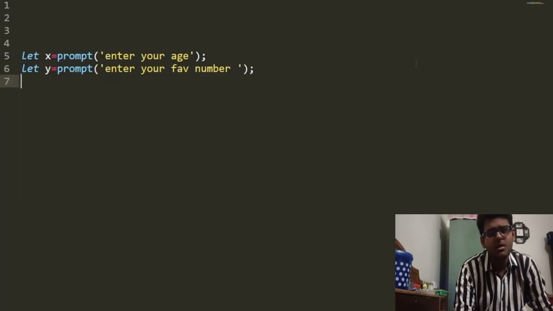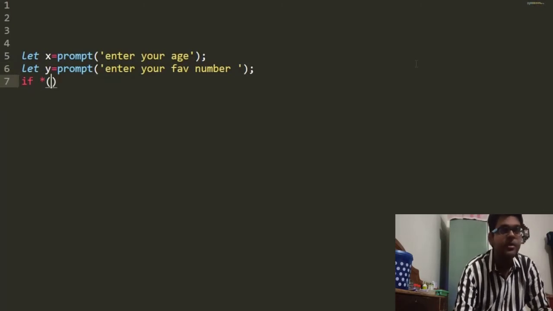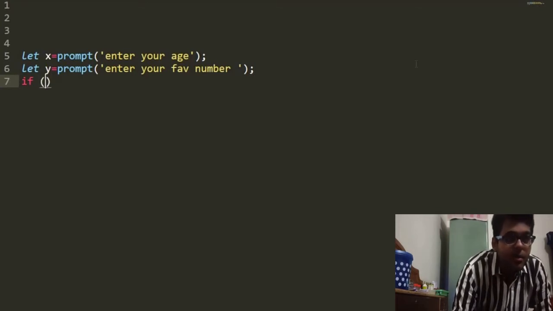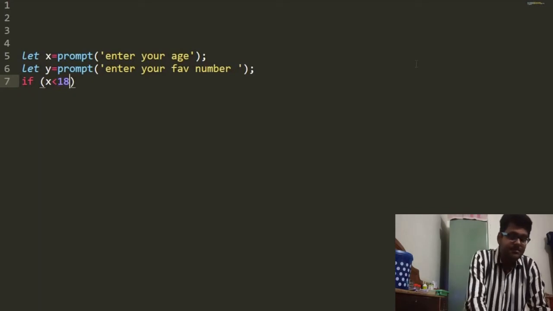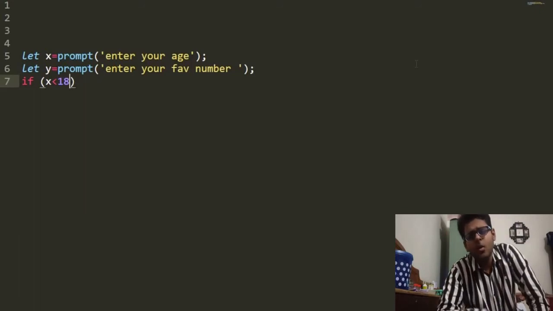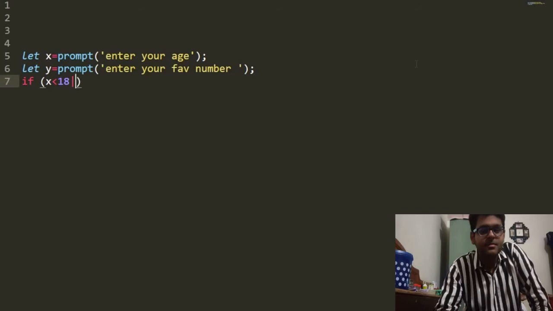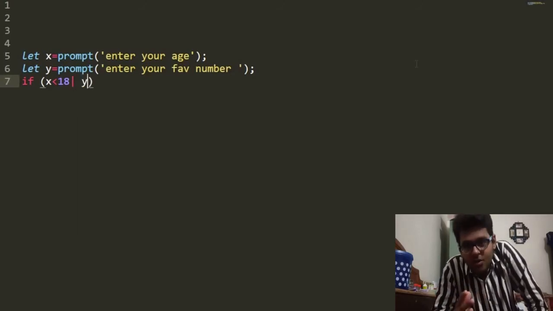Okay, and then we're going to check with our conditions. So if, and here we put in parenthesis first, if x is less than 18, and we're going to check with the OR in this. So if x is less than 18 or y